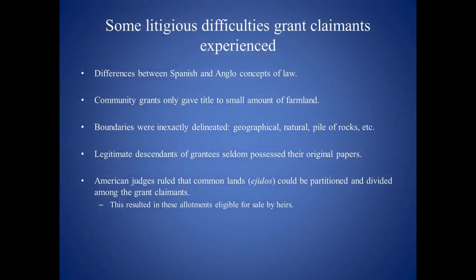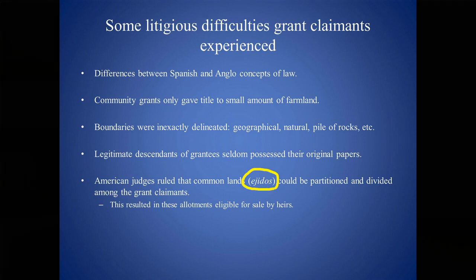But I would like to draw your attention to this last point. The Spanish, de Vargas and all the other governors following that, knew that for both an individual land grant and especially a community land grant, they had to have an ejido. An ejido is a Spanish word to describe community lands. And these community lands were usually mountainous. And this is where everybody in that land grant was allowed to graze their livestock.